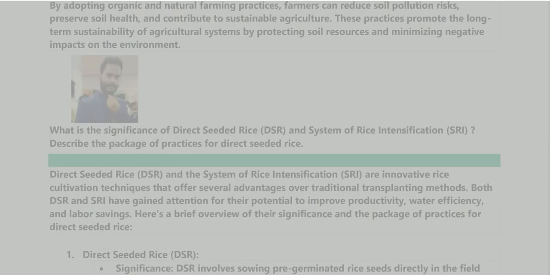By adopting organic and natural farming practices, farmers can reduce soil pollution risks, preserve soil health, and contribute to sustainable agriculture. These practices promote the long-term sustainability of agricultural systems by protecting soil resources and minimizing negative impacts on the